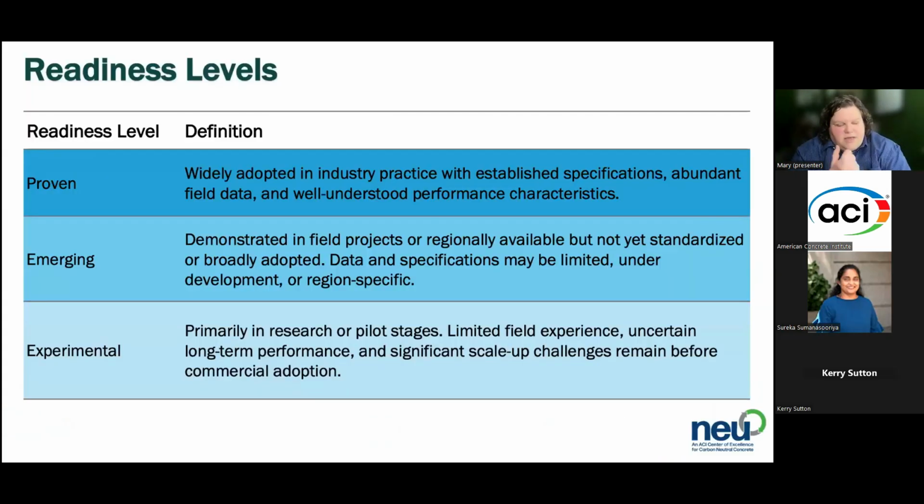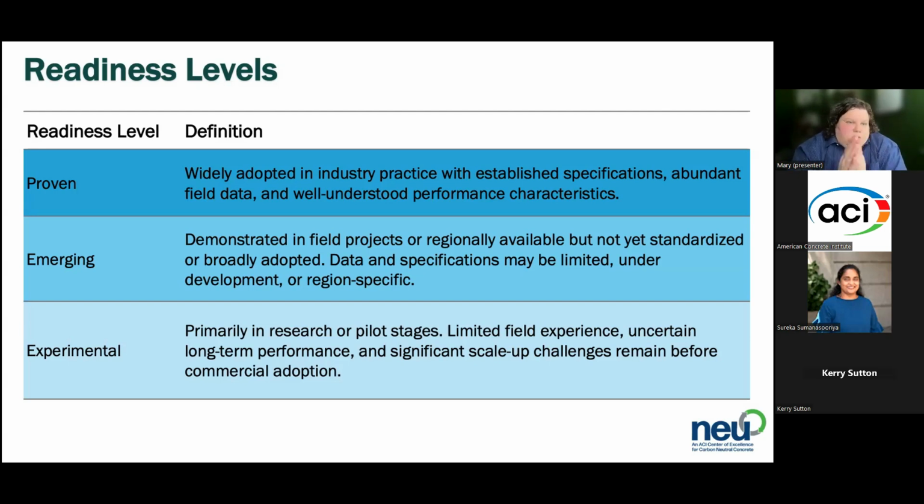So for parts 2 and 3 of this document, we developed what we called readiness levels. The basis behind this was not at all to judge materials or to say this is better than that. We did not consider that at all. What we wanted to do was to show people who are new to the industry or new to low carbon materials what's been used a lot in the past or is currently being used now, what is really starting to be used a lot but doesn't have the historical performance data of some of these other materials, and then what materials are still in the lab. They seem awesome and interesting, but they're still at the lab level, or they haven't been scaled up yet.